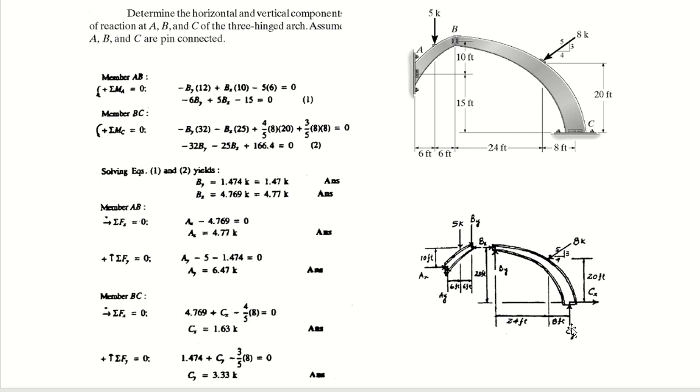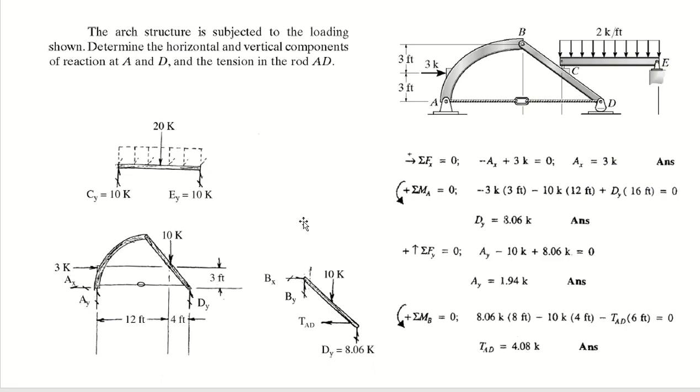So this is the trick that in solving the arches, especially the 3-hinged arch, you take segments and you solve them separately, because at the internal hinge the bending moment is already 0 and you can easily transfer the forces across this hinge. Okay, now coming to the fourth problem, what it says is the arch structure is subjected to the loading shown. This is the arch structure, this is a curved side of the arch and this is the straight side.